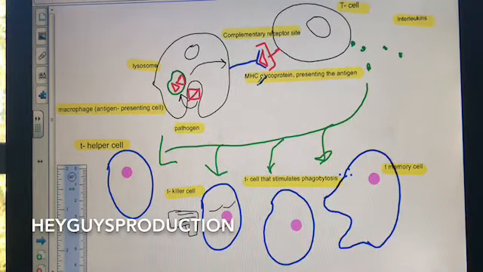So then a T cell will come along, and its CD4 receptor present on its surface will have a complementary shape to the antigen being presented on the macrophage. And so when it binds, it will produce interleukins, which stimulates mitosis, and mitosis happens very rapidly to form 4